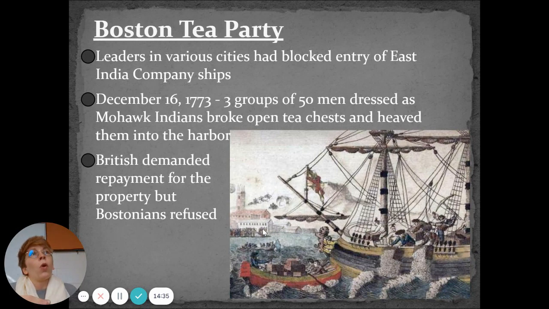So these ships had come in from Britain, loaded down with tea. The harbor refused to unload it, saying, "We don't want your tea." And the ship said, "Well, we won't leave until it is unloaded." And so in a fit of malicious compliance, the Sons of Liberty dressed up as Mohawk Indians, boarded the ship by force, broke open all of the boxes and chests, and threw all of the tea into the harbor.